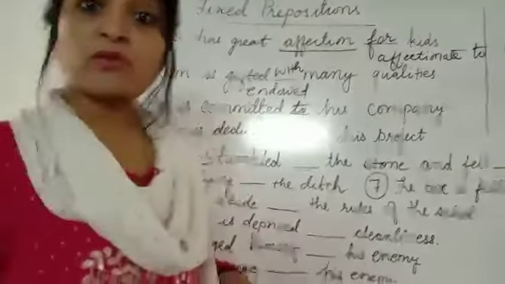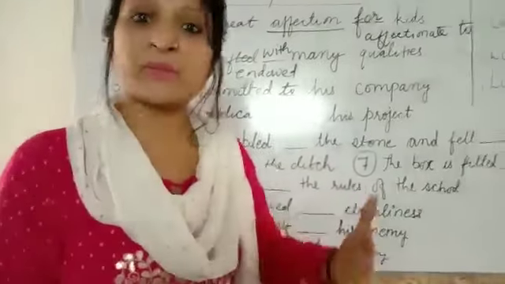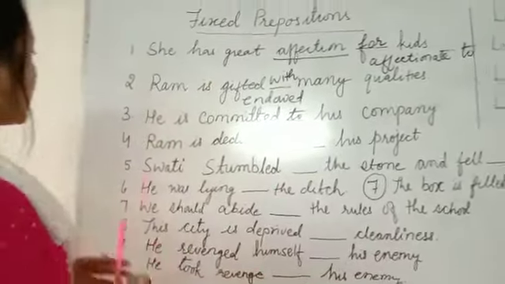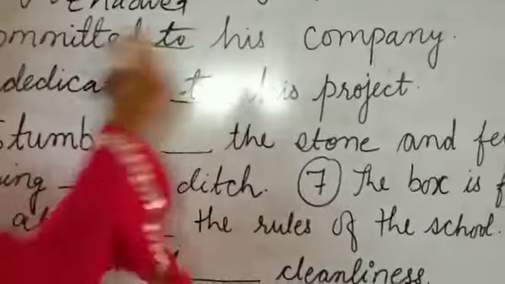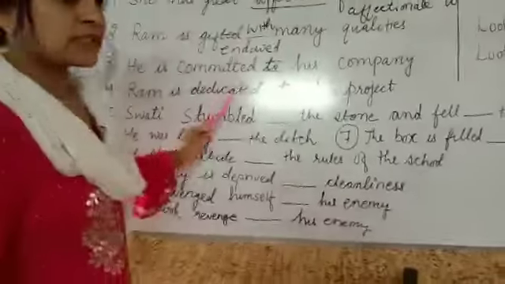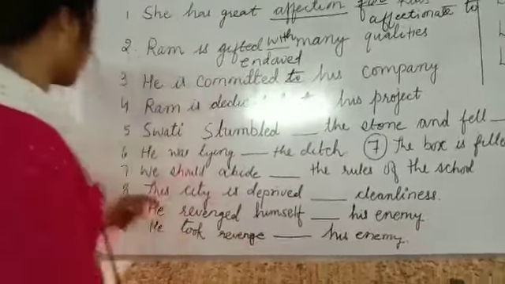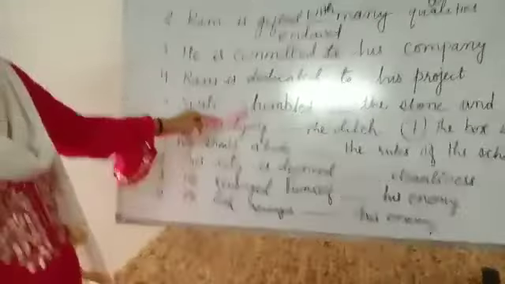Committed मतलब वो अपनी कंपनी के लिए समर्पित है, कमिटेड है. राम इज डेडिकेटेड टू हिज प्रोजेक्ट. तो कमिटेड के साथ हमेशा टू आता है, डेडिकेटेड के साथ हमेशा टू आता है. नेक्स्ट इज स्वाति स्टम्बल्ड